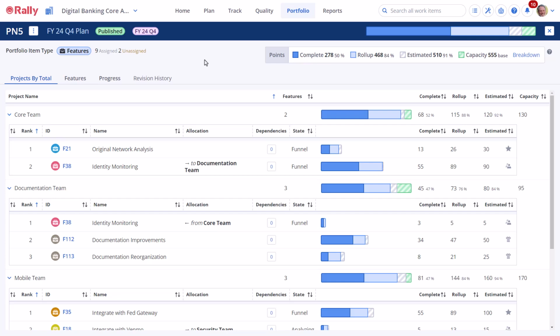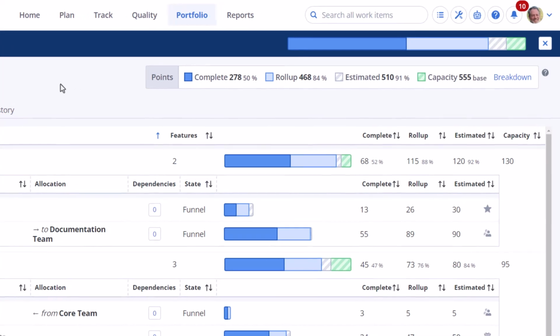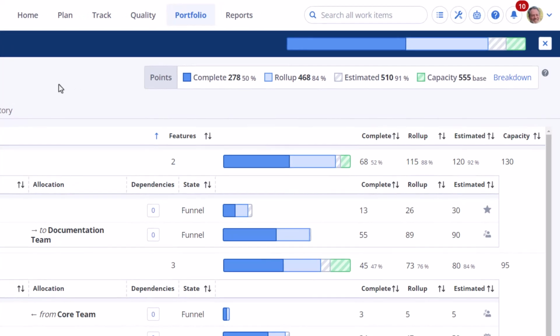Now we're seeing some dark blue bars to indicate completed work as well as our roll-ups and estimates. If we look at the bar at the top, we can see that we're about halfway through the plan with 50% of the work being completed. Our current roll-up is 84% of our capacity, which is a good place to be, and our total estimates are